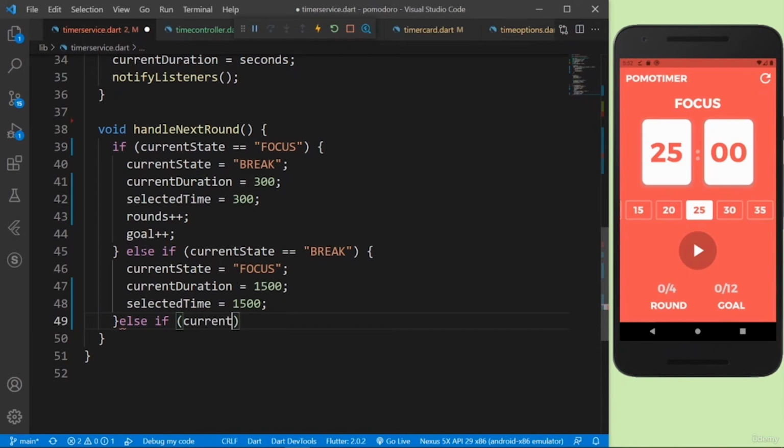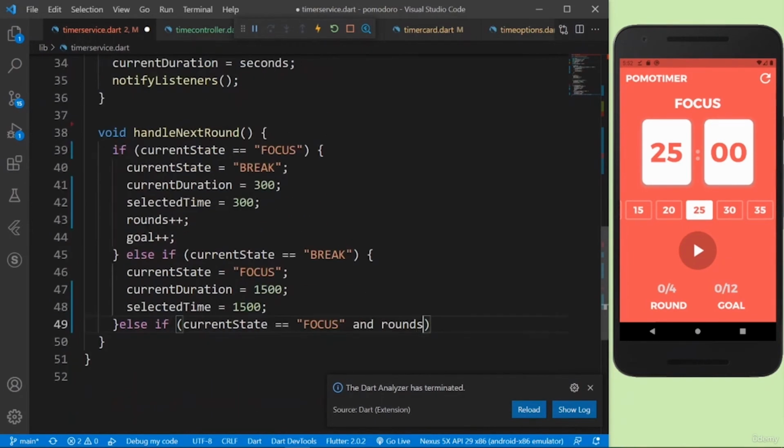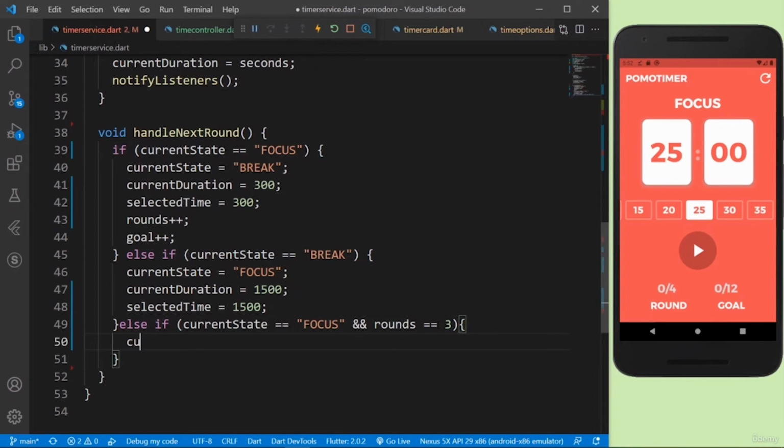So else if current state is equal to focus, and also the rounds is equal to, and we would do it in Python, but we have to actually say and here. If rounds is equal to 3, then we want to change the current state. So I'm going to say current state is equal to the long break state,